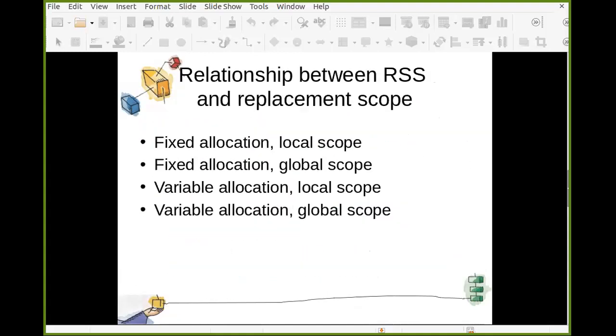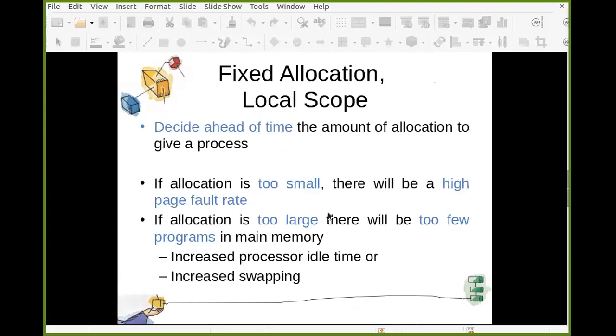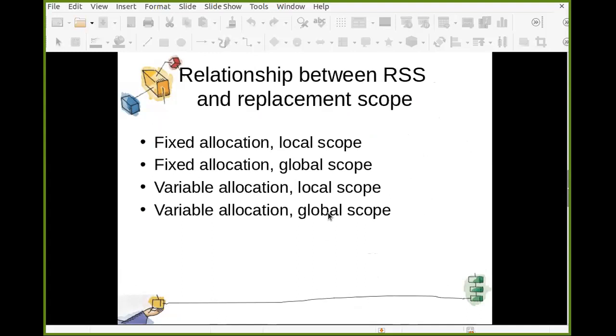So now you have 4 combinations: fixed allocation local scope, fixed allocation global scope, variable allocation local scope, and variable allocation global scope. Can you tell me which is not possible? Out of these 4, at least one is not possible.